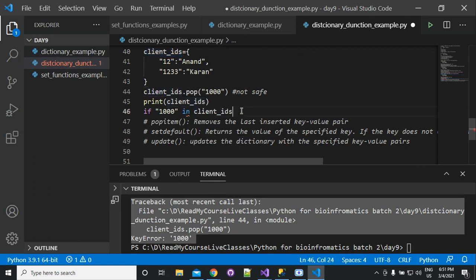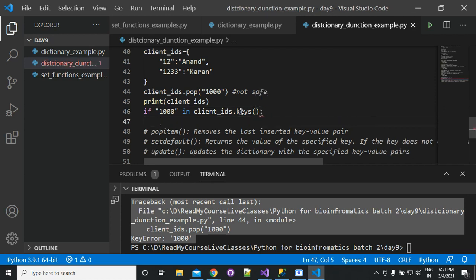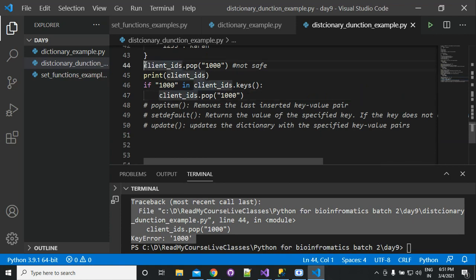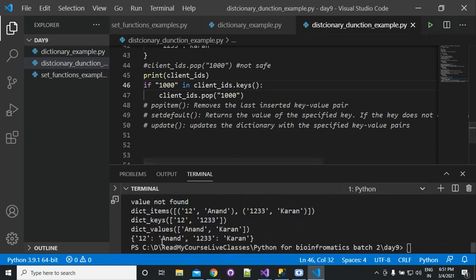So one way of doing this is using if else. We will check whether 101 is present in all the keys of this dictionary, then and only then we will use this pop method. Now you can see that it is not giving you an error.